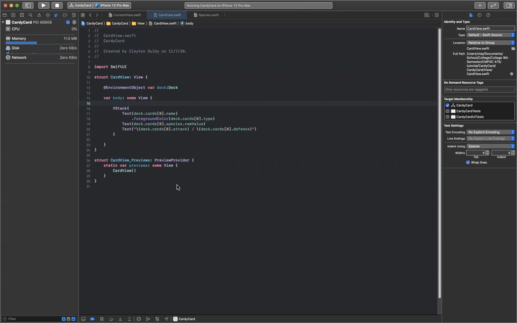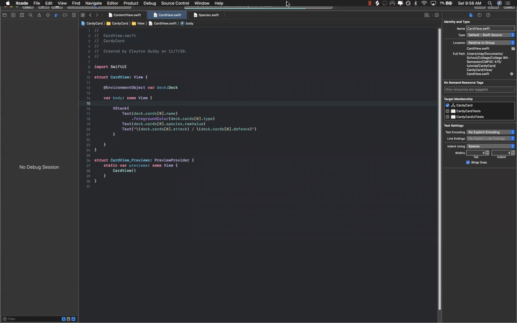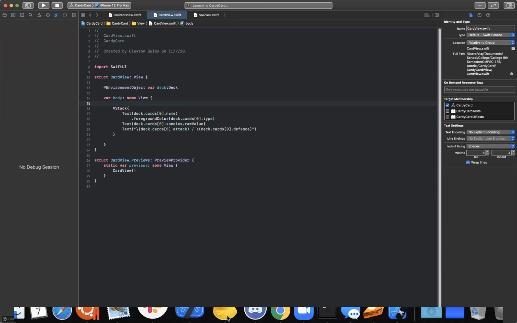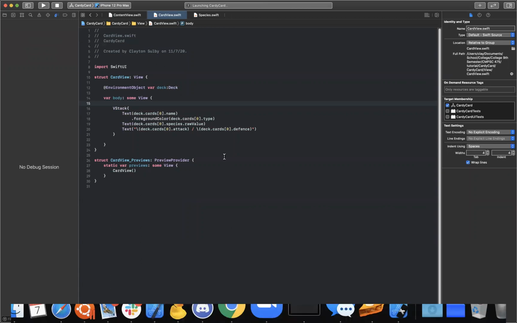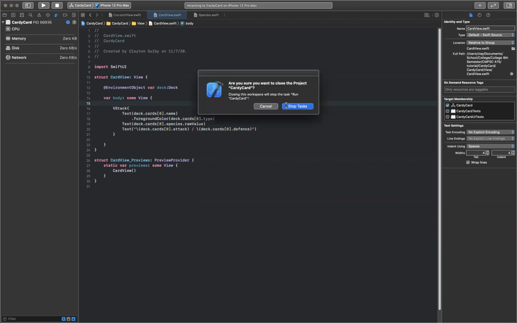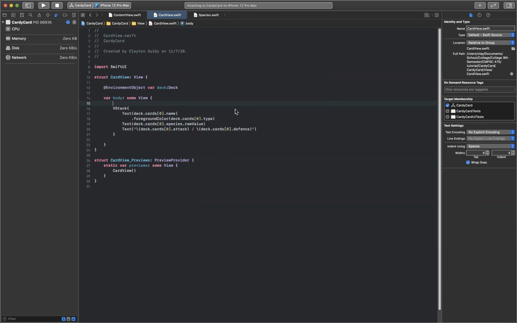So we got the VStack, and we are building. Yeah, we only have 2 minutes left. So let's just go to the finished product since we only have 2 minutes, and I'll show you what I built and things that we didn't get to. We only didn't get to like 1 or 2 things, just building the views